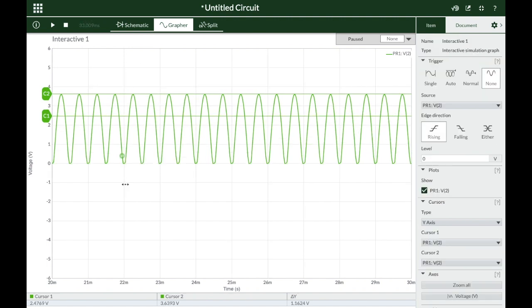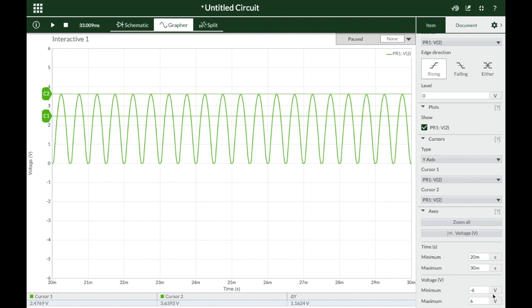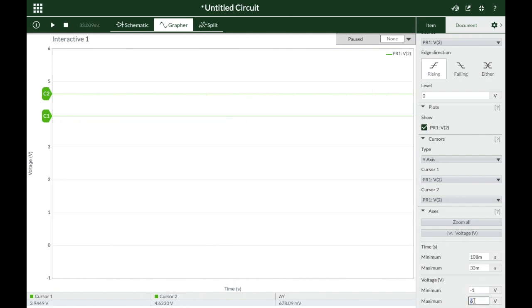Now we can see that the signal which we are having here is only the voltage across the load resistance, and this is changing from almost 0 volts to some positive level, and so we don't need this part here which is going from 0 to minus 6 volts. So let us change the limits for voltage over here. We'll take this minimum voltage to minus 1 and maximum we can take to 5 volts, as our input signal amplitude is up to 5 volts. Let us run the simulation once again.